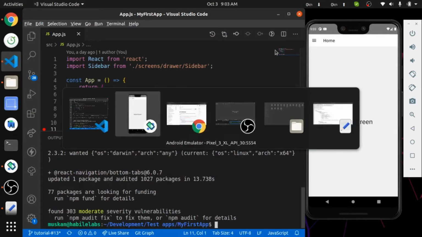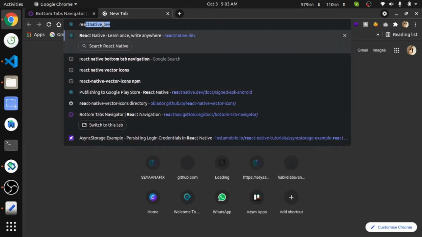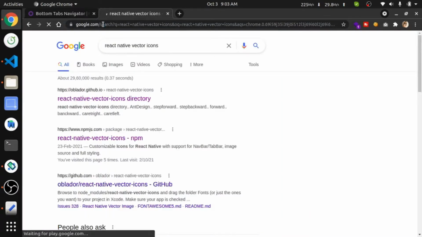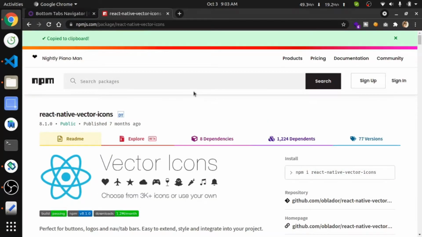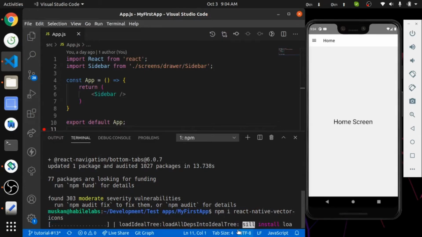For icons, we need to install React Native vector icons. So I am installing the vector icon library also.